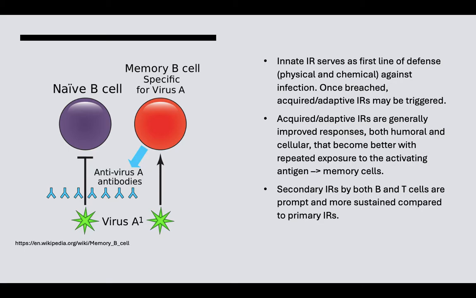Kasi in secondary immune response, the process of antigen presentation, affinity maturation, and development of specific memory cells, hindi na siya will not start in square one anymore. Okay, it will proceed with the processes as is, because of the fact that you already have